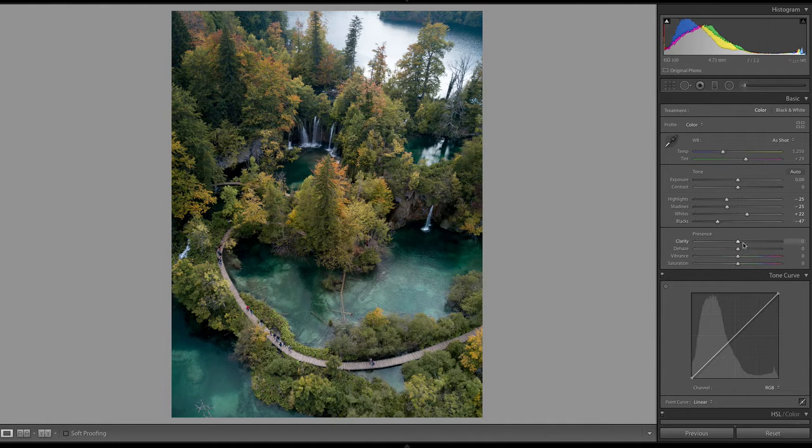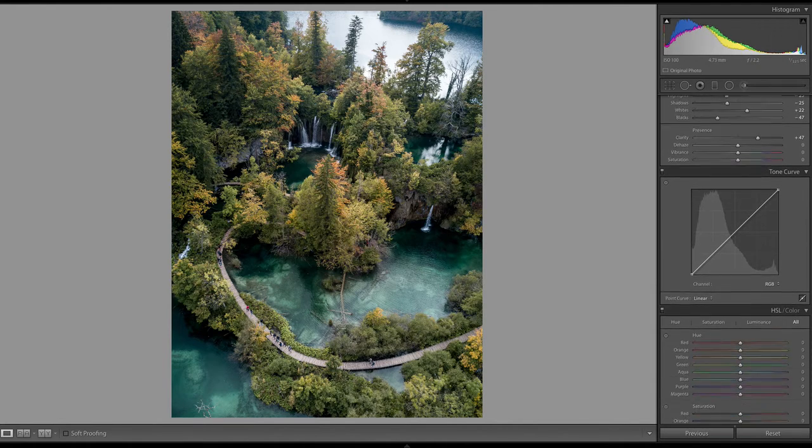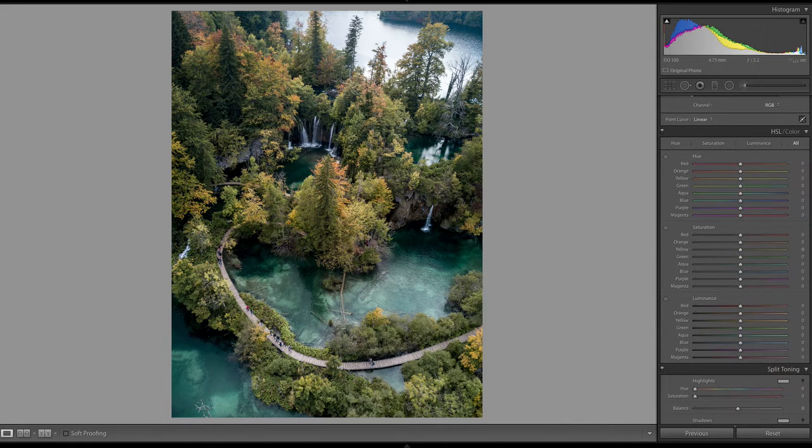Sometimes with nature shots, boosting clarity is one of your favorite friends. Something like that adds a lot of detail, adds a lot of fun to it, and it's looking good. Typically with a nature shot, I would start adding vibrance or saturation, but with this one, I'm going to go straight down past the tone curve to our HSL options. The reason is because I want to pinpoint the colors that I want to increase the saturation for, specifically these greens and these teals or the blue of the water. If I just brought up the overall saturation, everything gets more saturated.